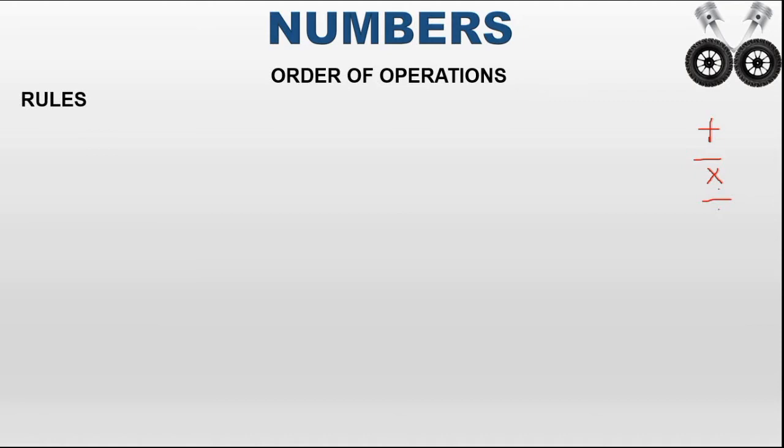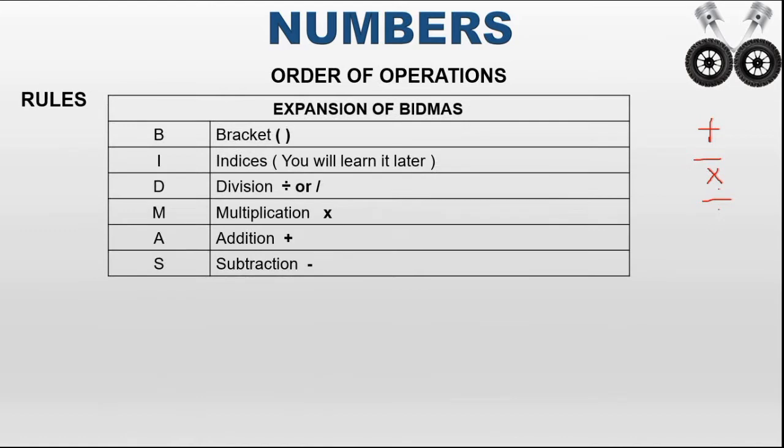So in the basic operations, there are some rules about which one should be executed first. If you see, first they execute the bracket. So whenever you see any problem, if there is a bracket, that should be executed first. Second is indices. Indices means what is written as an exponential power, that is 2 to the power of 1, 3 to the power of 5. Writing like this is called indices. You can study this when you go to the higher classes.